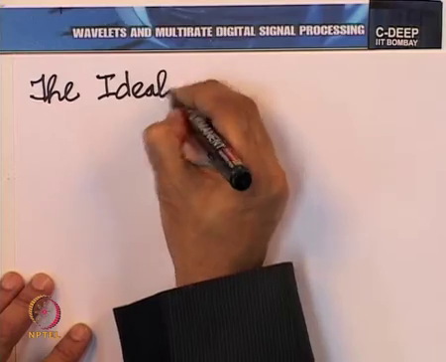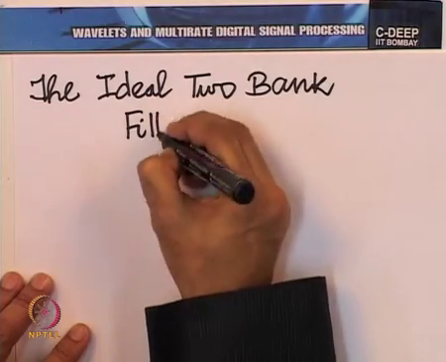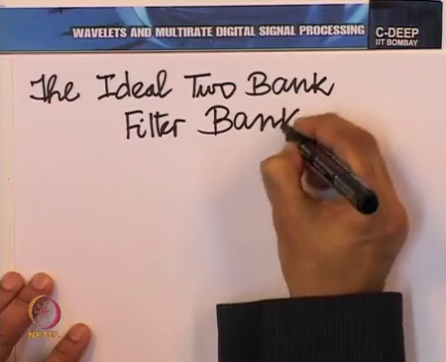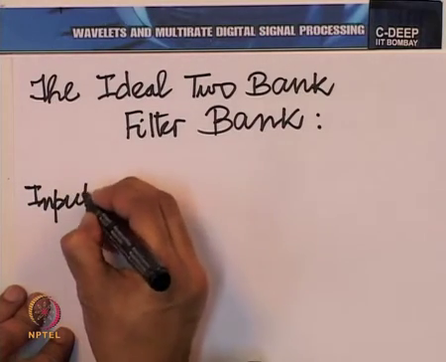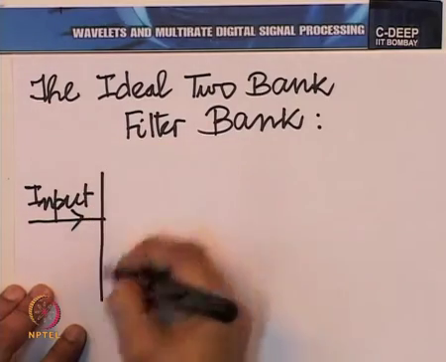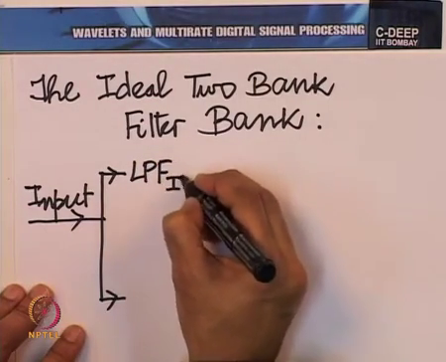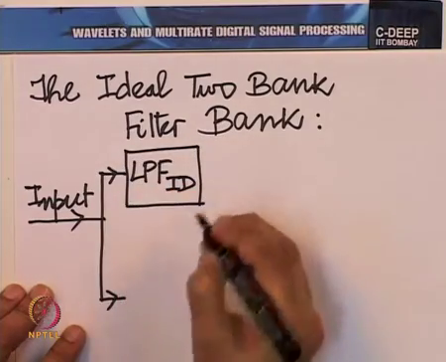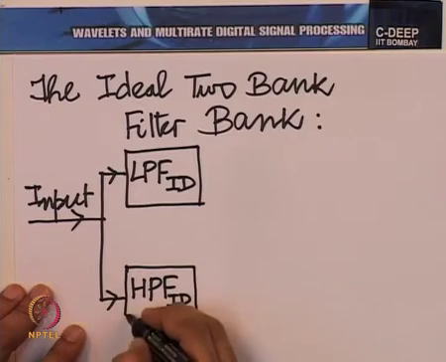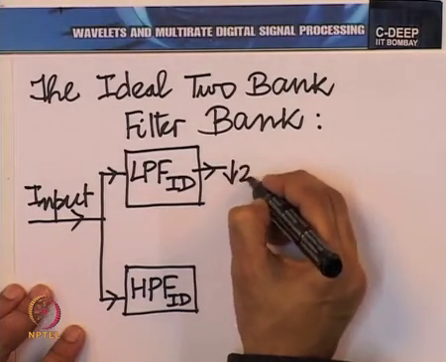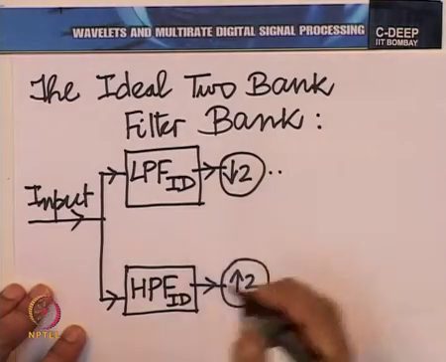So, the ideal 2-band filter bank would have the following structure. The input sequence here being fed to LPF ideal here, HPF ideal there, downsampled by 2 subsequently, this is the analysis portion,